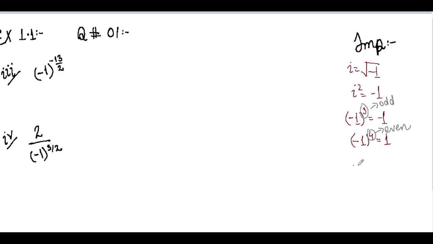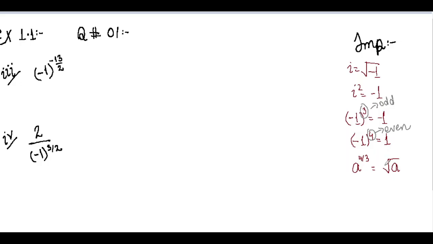Whenever there is a number, let's say a, and there is a power upon it, for example 4 by 3, we can write it in radical form because the power is in the form of a fraction. The denominator of this fraction is changed into a radical and the power 4 remains as it is. Let me show you how it is done.